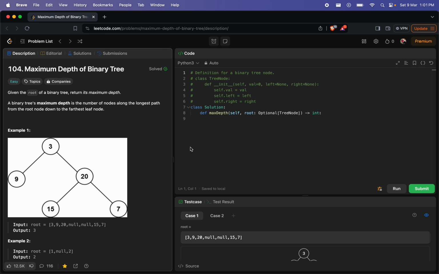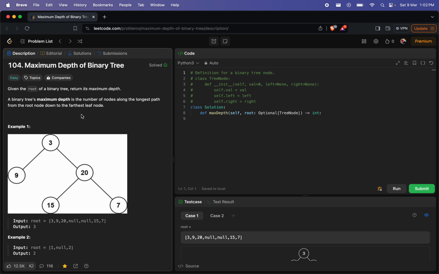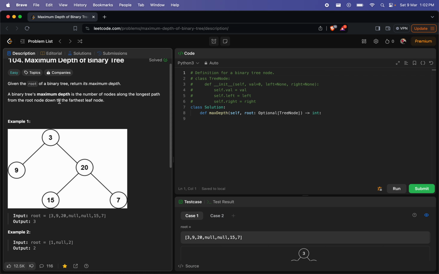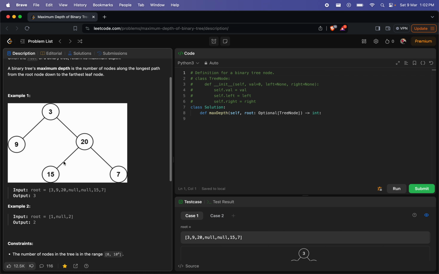The question says maximum depth of a binary tree. Given the root of the binary tree, return its maximum depth. The binary tree's maximum depth is the number of nodes along the longest path from the root down to the furthest leaf node. So if you look at this example, if you consider 3, if you go to the left,